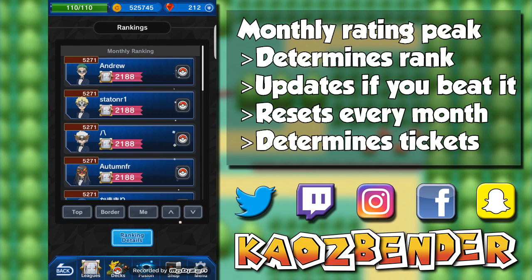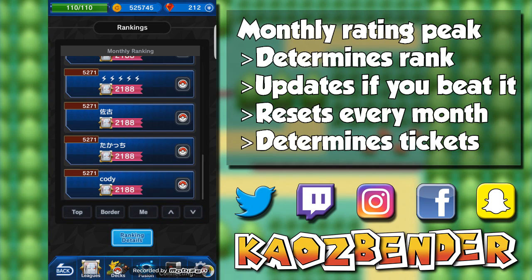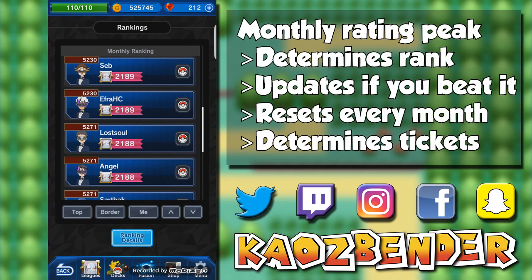Finally, we have the monthly rating peak. This will determine your rank at the end of the month, and this number only updates if it goes up. You can see what yours is if you click on the ranking section. You don't need to worry if you go on a huge losing streak, since this number will stay intact at your peak, and the only way you will go down in ranking is if other players surpass you,